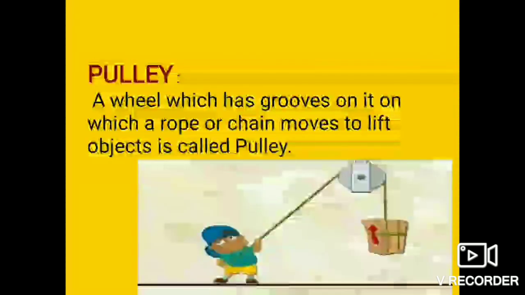Now the last simple machine is the pulley. A pulley is made up of a wheel and a rope or a chain or a belt. The rope fits on the groove of the wheel. One part of the rope is attached to the load. The pulley is used to lift heavy loads. The force is applied at one end of the rope, and the load at the other end rises up. The pulley rotates on its axis. The pulley makes it easier to draw water from a well. Okay, I hope you understand.